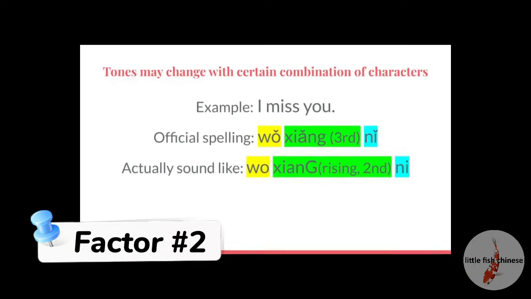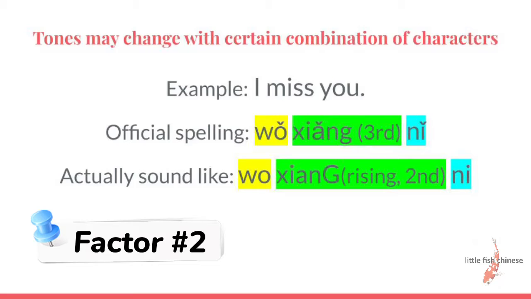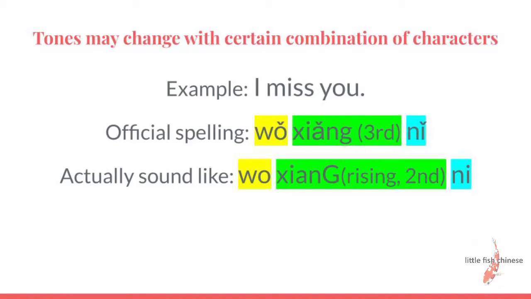When we speak, not only the 3rd tone changes into low sound, but also some tones change, depending on the combination with other characters. Look at the example, I miss you, and listen to the sentence. 我想你 Notice a 3rd tone changes into the 2nd. Again, 我想你